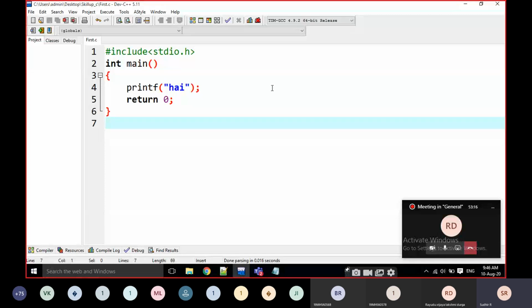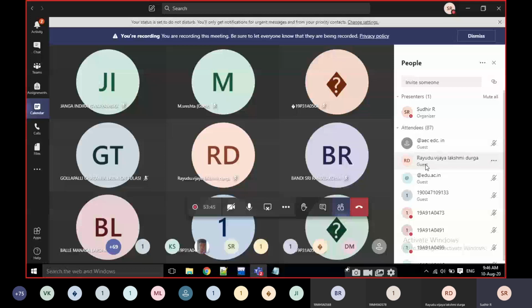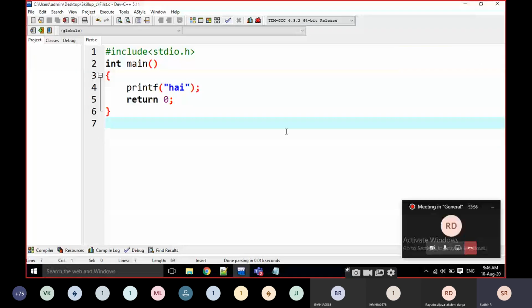Then note down variables. What are variables here?